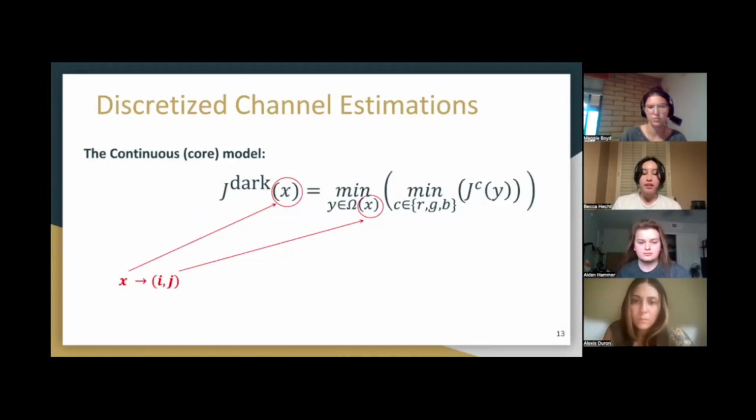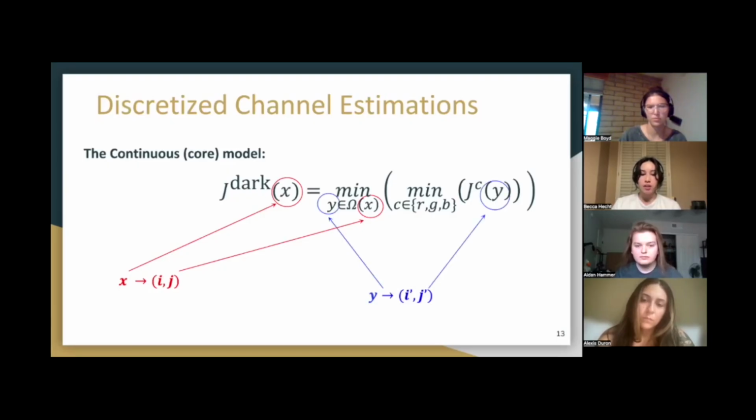So x is going to be ij, the specific pixels on the hazy image, and then y is going to be i prime j prime, which is going to be other pixels